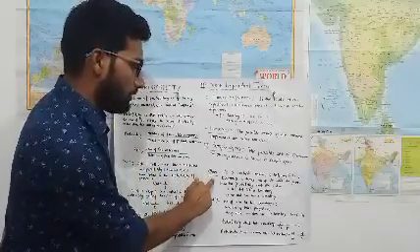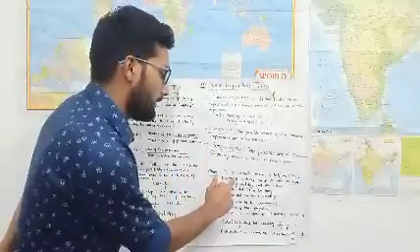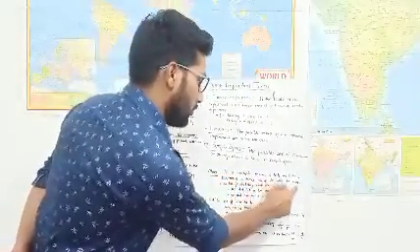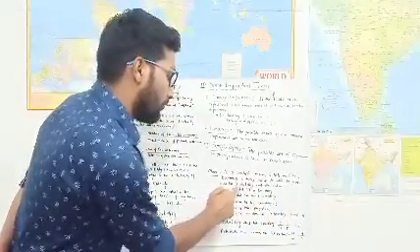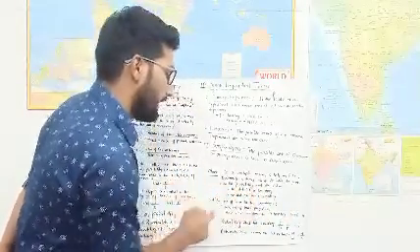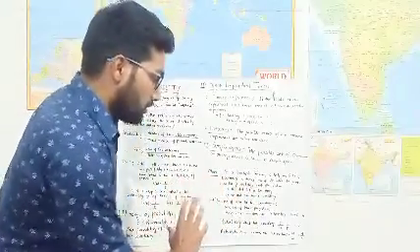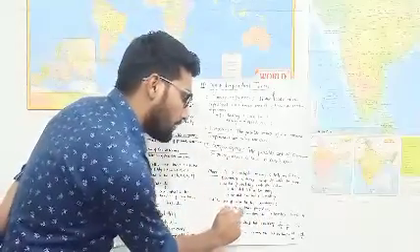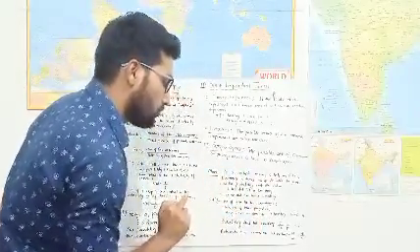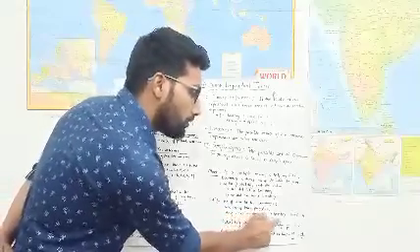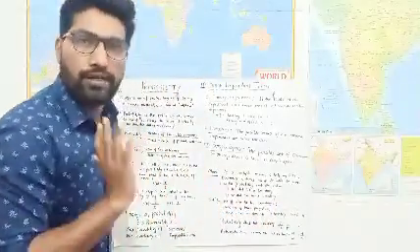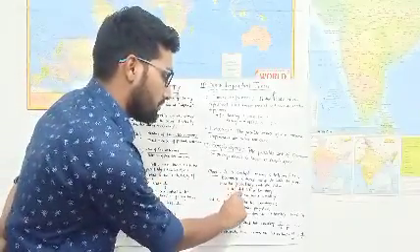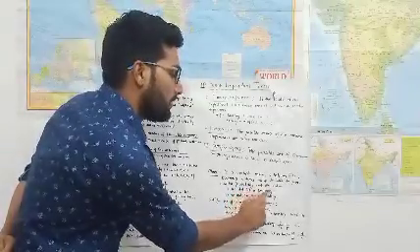So we go to a question. In a cricket match, a batsman hits a boundary 6 times out of 30 balls he plays. Then find the probability that he did hit a boundary and that he did not hit the boundary. The number of times he hit the boundary is 6 and the total number of balls he played is 30. So the number of times he does not hit the boundary is 30 minus 6, equal to 24.